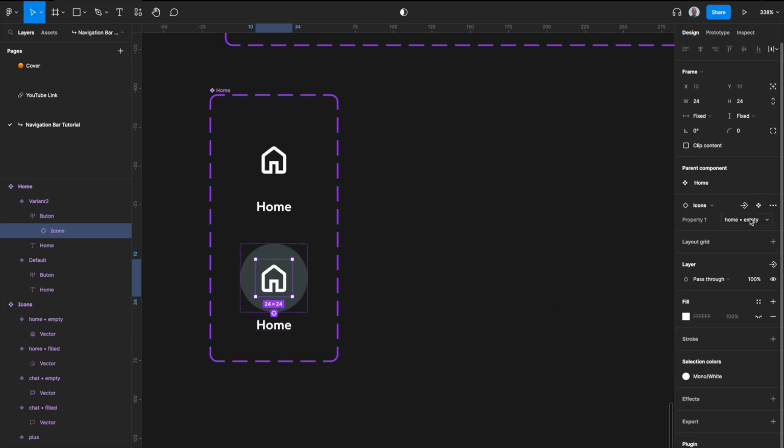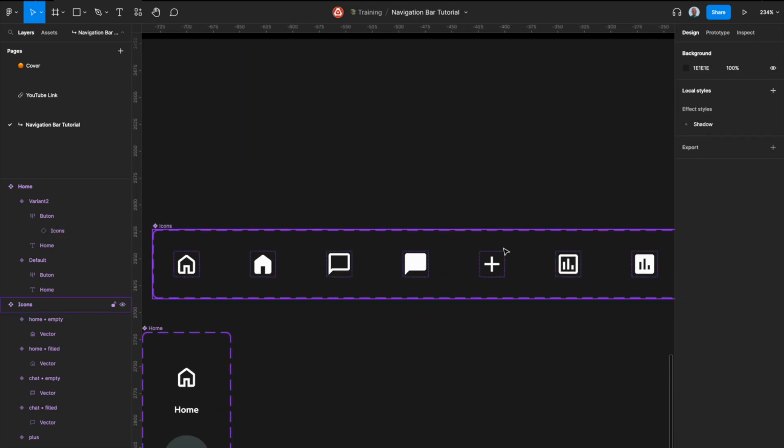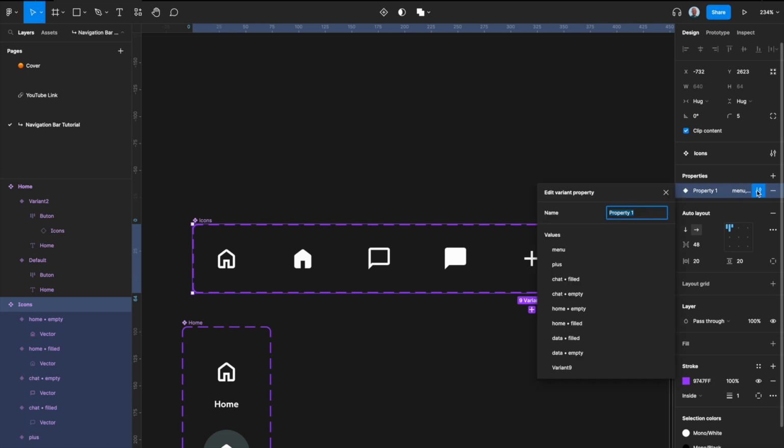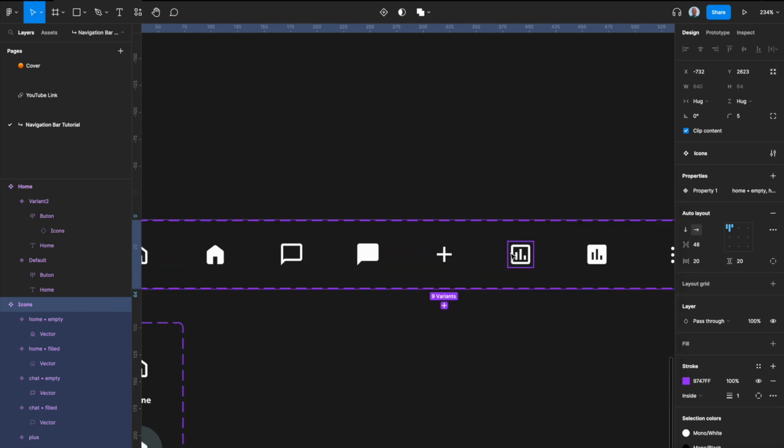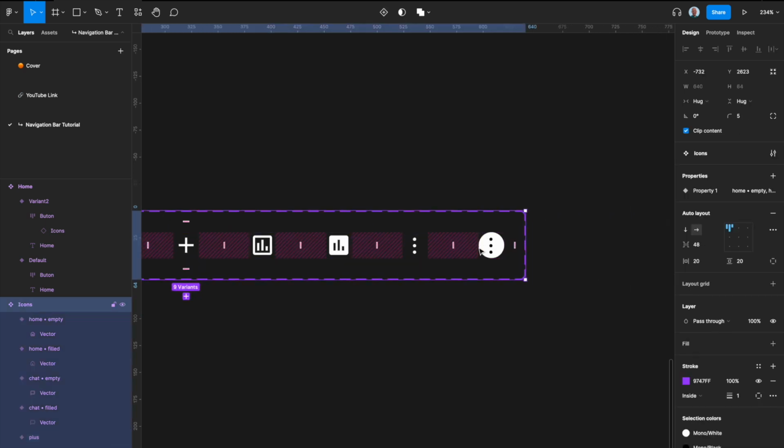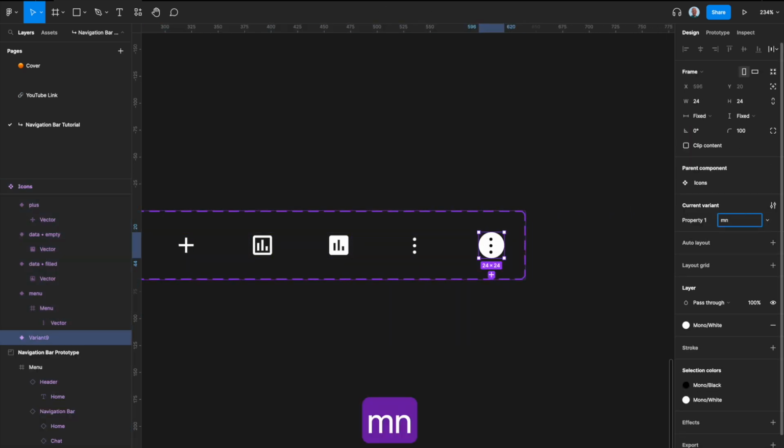And so now we're going to do filled, and let's rearrange these because they're not really arranged in a good way to pull from. So I think it makes the most sense to have home at the top because that's where it is, home filled, and let's do home empty, and then next would be chat, and let's do that right under home. I hope you can kind of get an idea of why we're doing this. One of them is called a variant. That's not good. Which one is that? This one. Menu